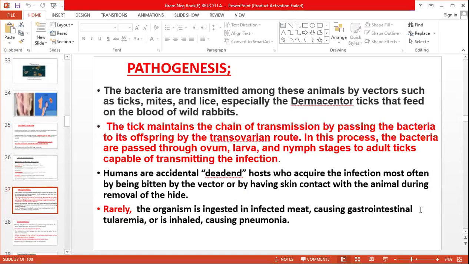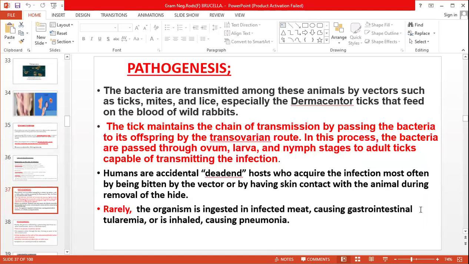Pathogenesis. The bacteria are transmitted among animals by vectors such as ticks, mites, and lice, especially the Dermacentor ticks that feed on the blood of wild rabbits. The tick maintains the chain of transmission by passing the bacteria to its offspring by the trans-ovarian route. In this process, the bacteria are passed through the ovum, larva, and nymph stages to adult ticks capable of transmitting